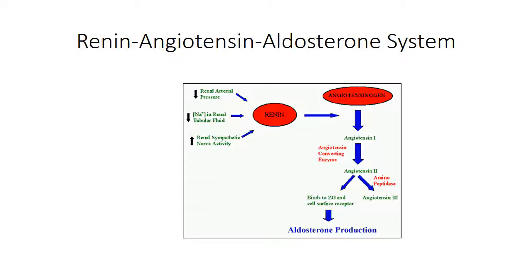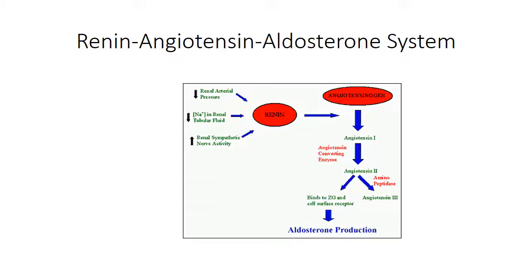Remember, aldosterone is a hormone that is produced by the cortex of the adrenal gland, and its function is actually to regulate sodium concentration. More aldosterone, more sodium in the blood, less sodium in urine. And aldosterone is not produced all the time, normally, but it is produced in the adrenal gland when the kidney